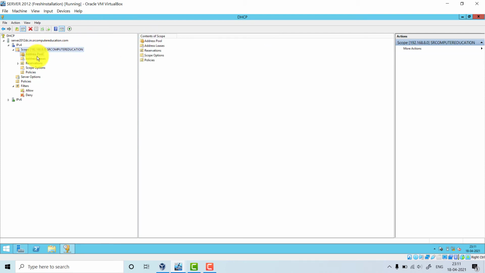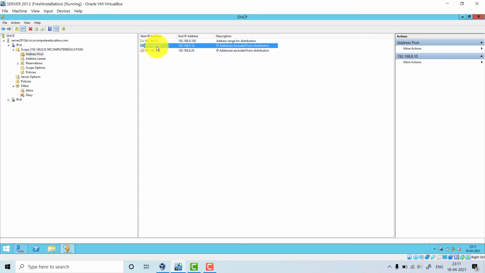See here, on the left hand side, address pool. What is this address pool? The addresses that we have given. 8.1 to 8.100 is our address range. You can give 8.40 to 8.50 also as exclusion. This IP address the DHCP server will not give. Why? Because we have kept this reserved for the print server, and this IP is for the file server. Okay.